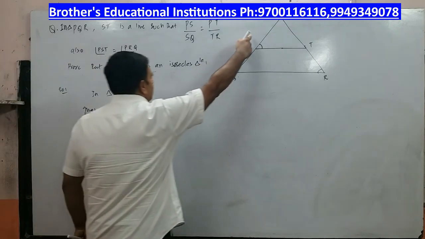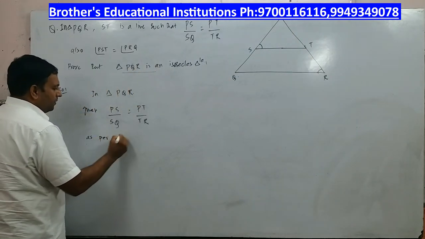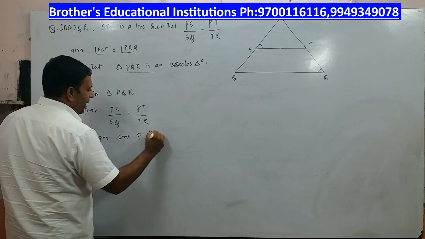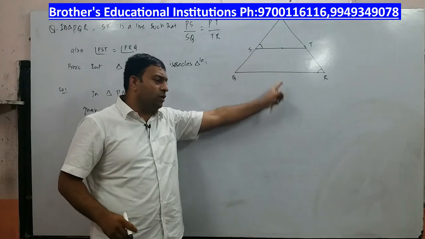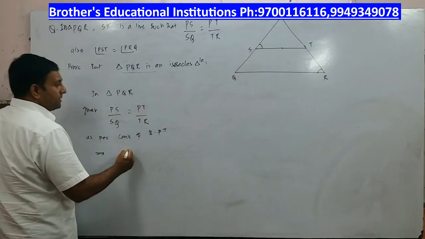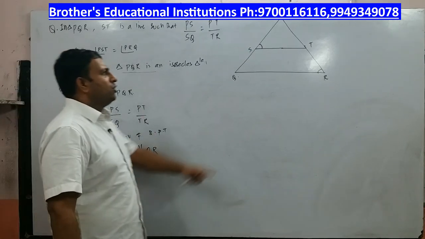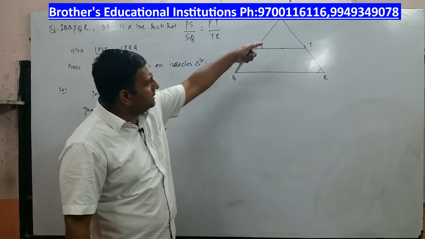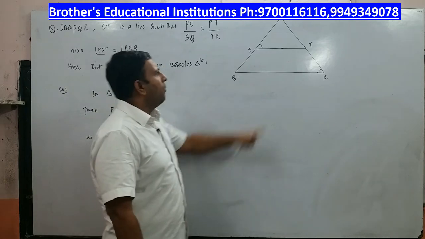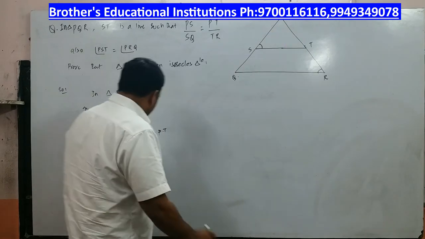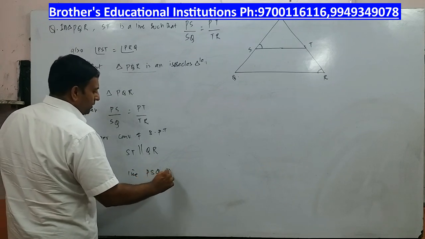Right? Now whenever this side by this side is equal to this side by this side in a triangle, as per the converse of basic proportionality theorem, if a line divides two sides in the same ratio, then that line is parallel to the third side. So it implies ST is parallel to QR. So I have shown that ST is parallel to QR. Now when ST is parallel to QR, this line PSQ is a transversal. Obviously PTR is also a transversal. So I will say therefore line PSQ is a